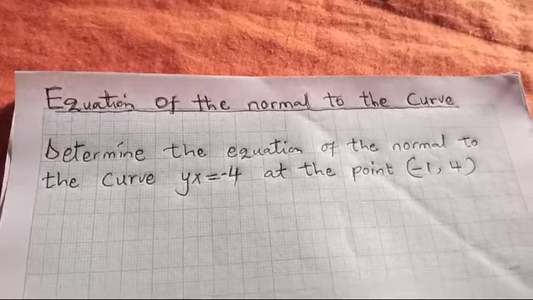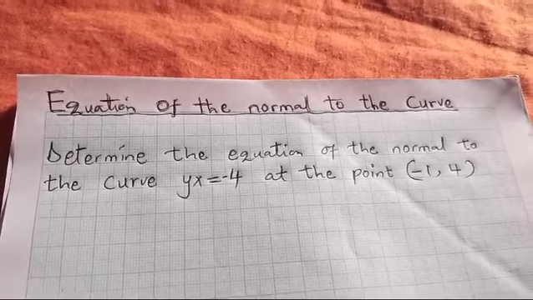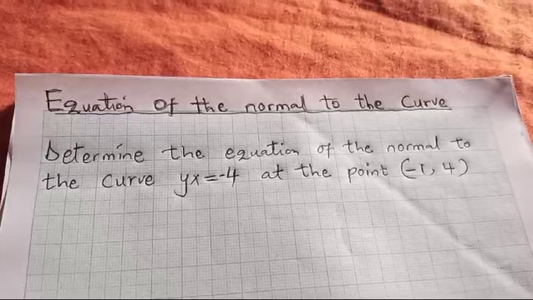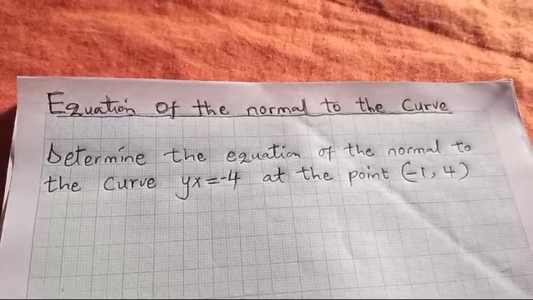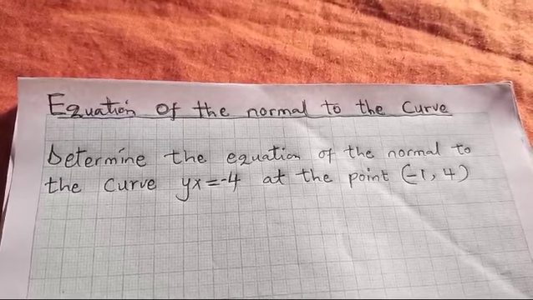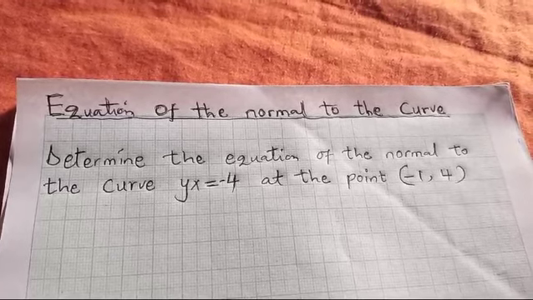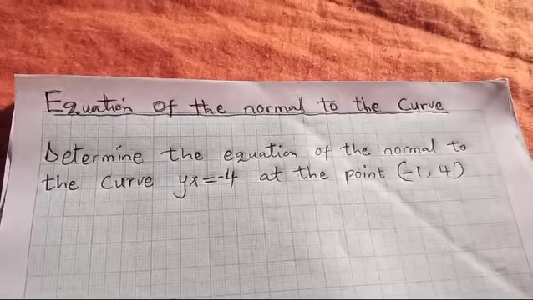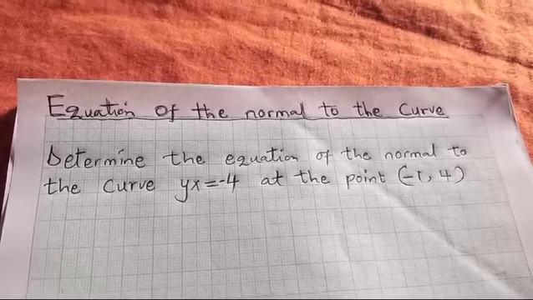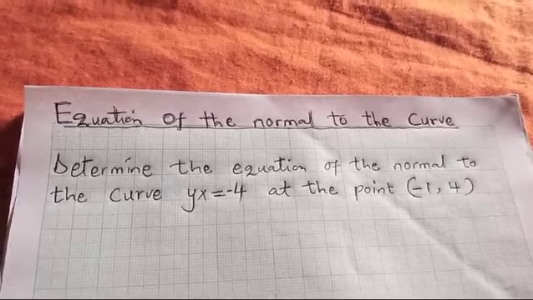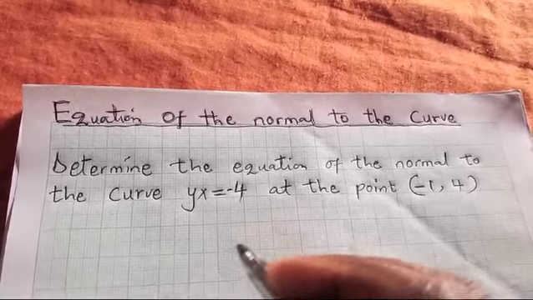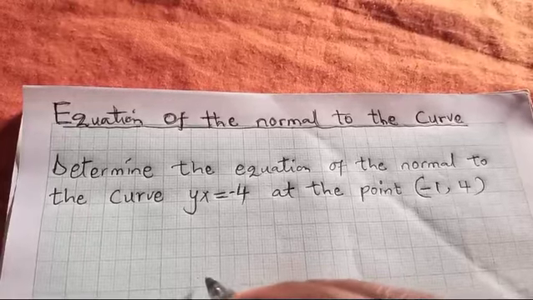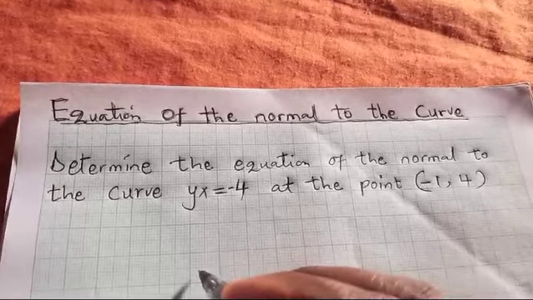We are going to look at the equation of the normal to the curve. In our previous discussion, we had looked at the equation of a tangent. We were able to learn a lot from that presentation. Now today, we want to look at the equation of the normal to the curve. And before we get into the equation, allow me to illustrate where the tangent is and where the normal line is